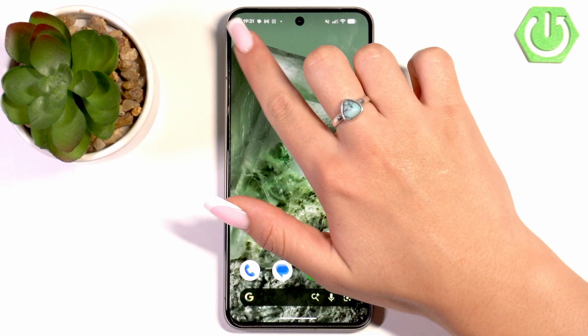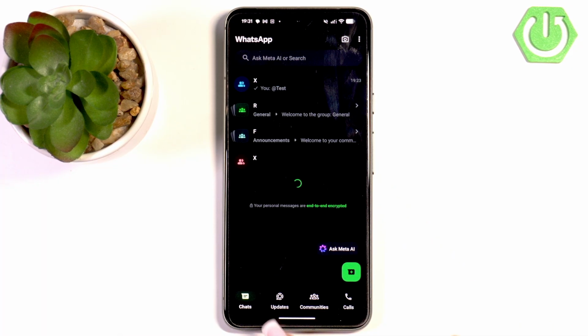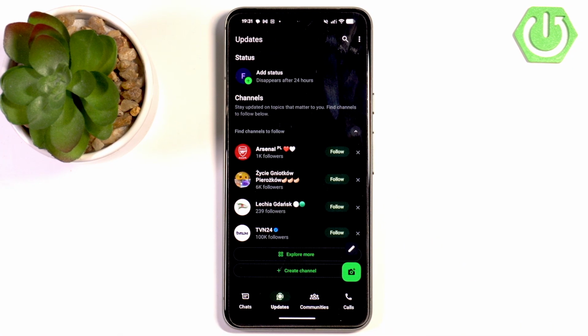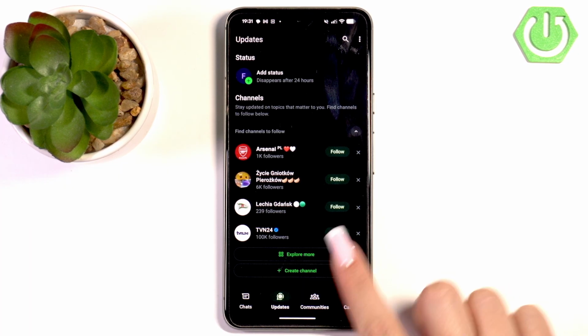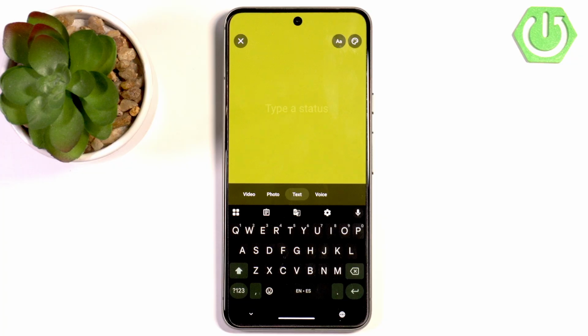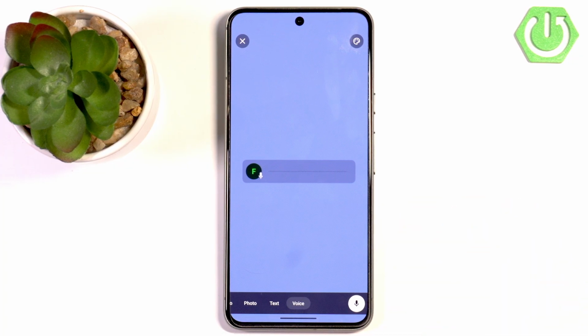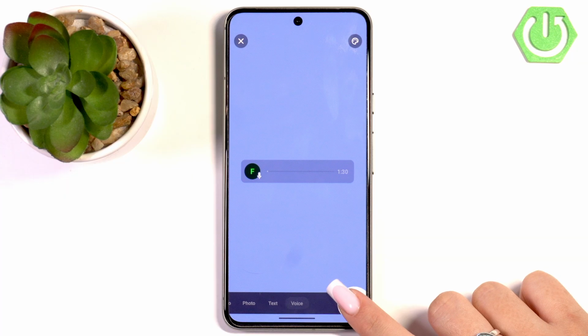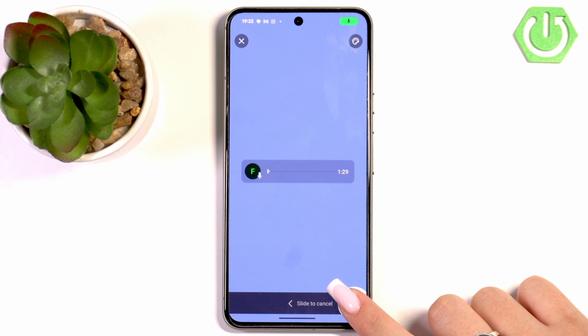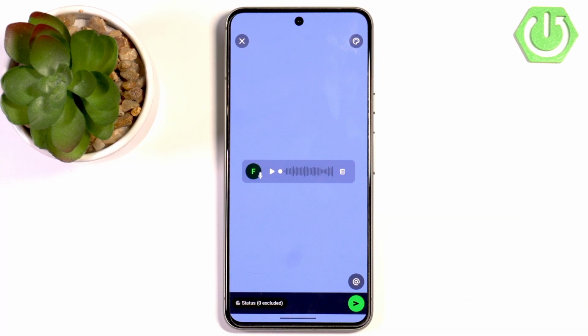So let's begin. You want to open WhatsApp application and let's go to updates section at the bottom side of the screen. Now you want to tap pencil icon, and now let's switch to voice section, and you need to tap and hold microphone icon in order to start recording your audio message, and then release microphone when you're finished